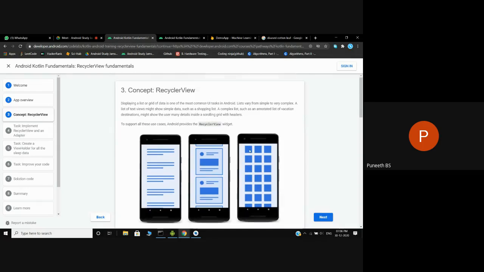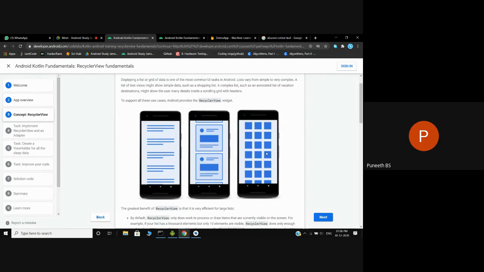So those two are even the list view is also used nowadays. Not that list view is a deprecated library. It's not that. When you have a limited amount of data, so